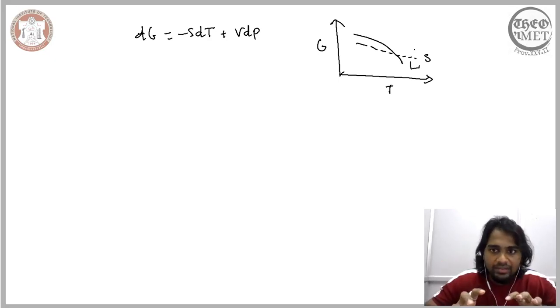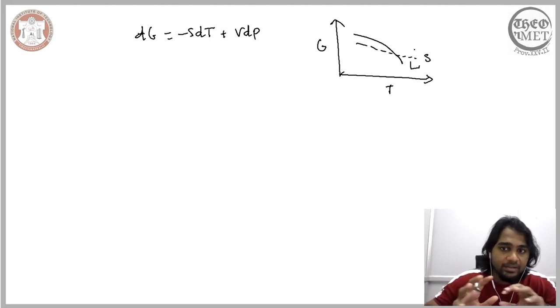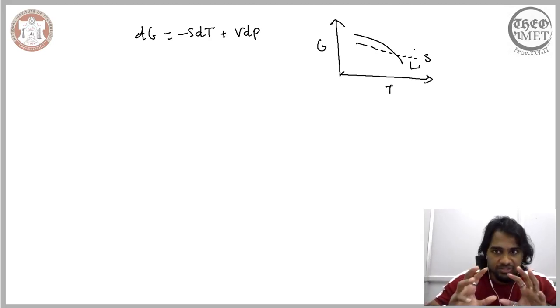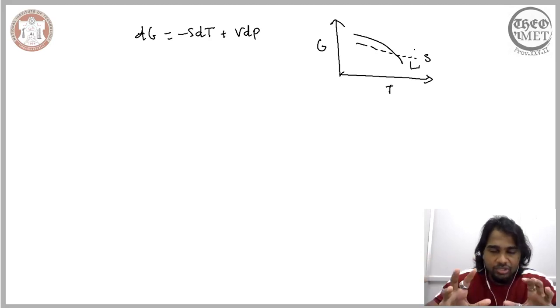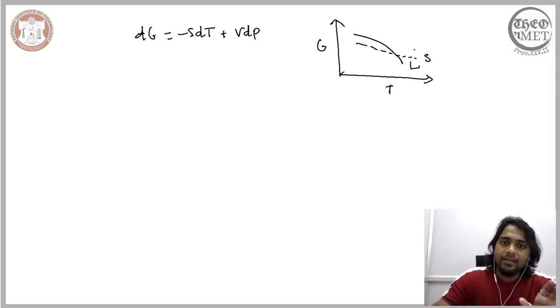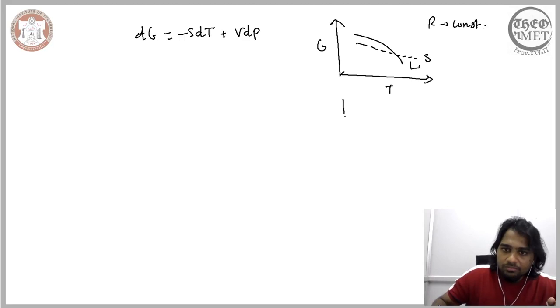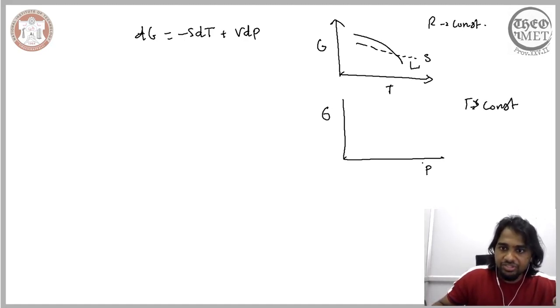So when we do that, it means we need separate curves for the different states of the system. The system here is a unary system or a unary material, which is largely made of a single type of component. Now, this is the first consideration, where we assumed that the pressure is constant. In the second consideration, it is possible for us to build a similar curve where the temperature is constant and we are relating the Gibbs free energy to the pressure.